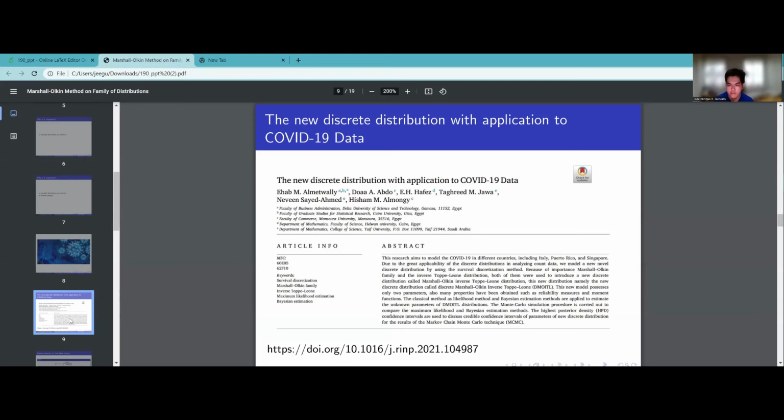When we have a new distribution with new parameters, we can now discuss how it behaves given several cases. And now we can see that this can be used